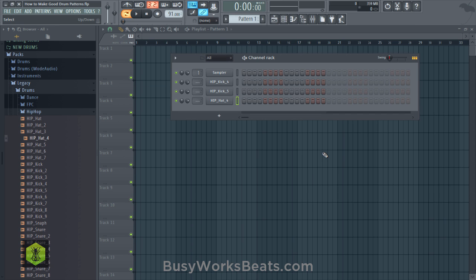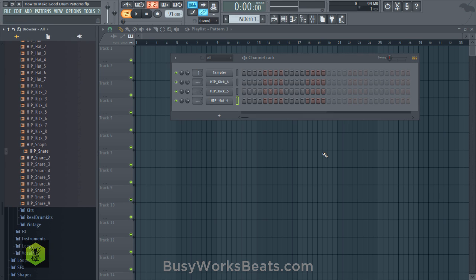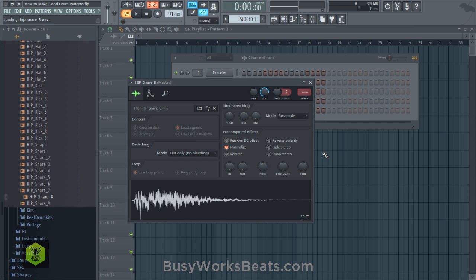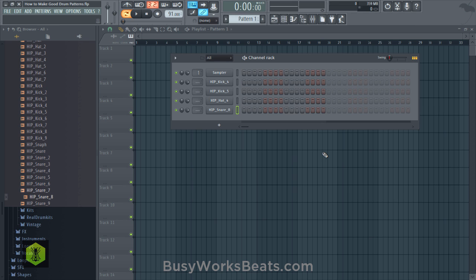So now we need something that goes, whatever that means. So let's look for a snare that has a little bit of it. I'm going to show you how to actually take these snares and make them sound more compressed. Now you need the right raw material for this.